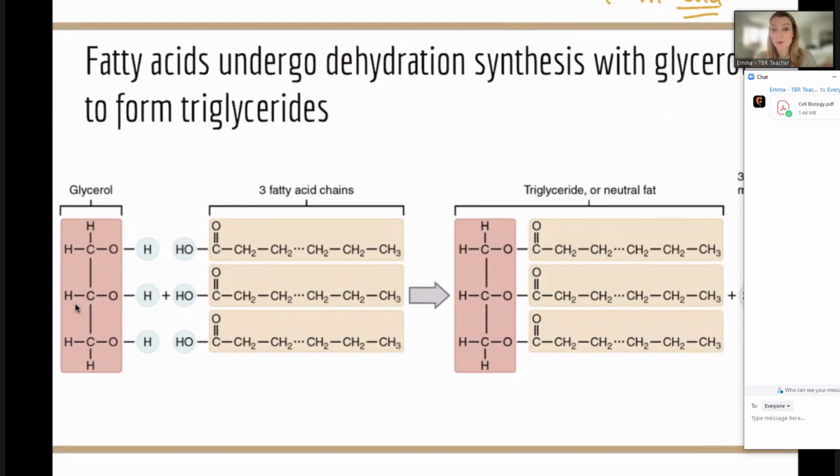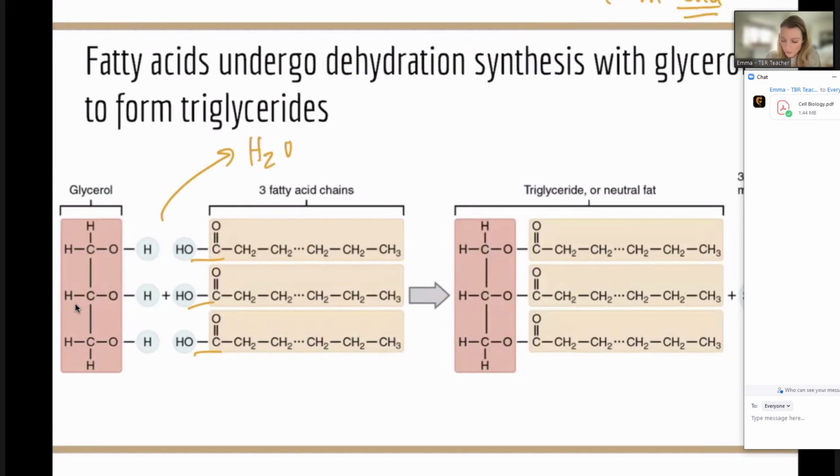So when we're looking at different potential options for more advanced lipid molecules, it's kind of like you have a string of amino acids that becomes a peptide chain, and then different peptides joining together might be a polypeptide. This is kind of like a polylipid in this case. So we have 3 different fatty acid chains here. And you can see their little carbonyl group at the end here. And that is going to undergo a dehydration reaction. So we're going to spit out H2O, in this case 3 H2Os, in order to connect with glycerol.